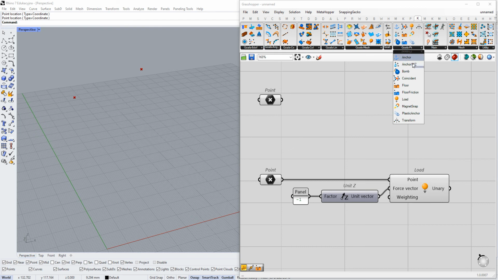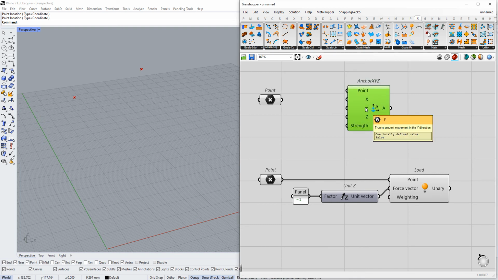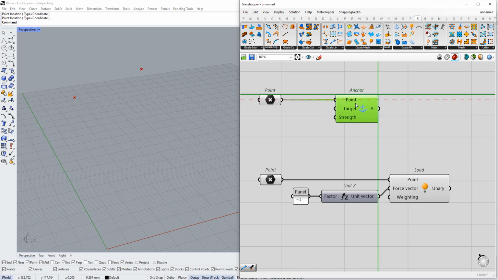And the anchor goals are also in goals for points. So you have anchor, and there was a plastic anchor. That's something that I used quite often. It's an anchor, but an anchor that can move, and this one will allow you to preserve the position and keep it only around specific axis. So for now, it doesn't matter. Let's just use the typical anchor,